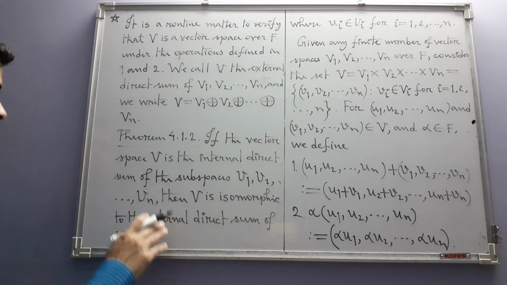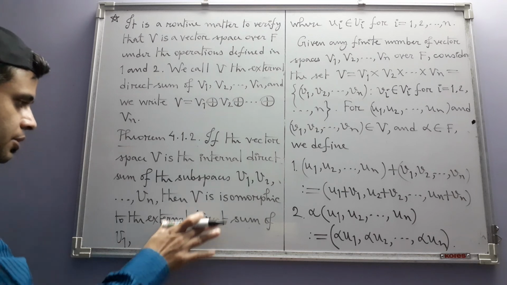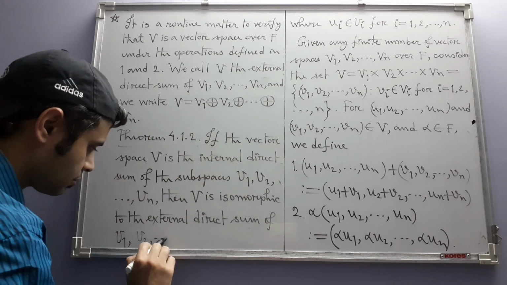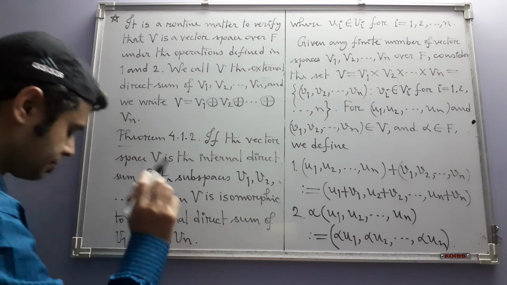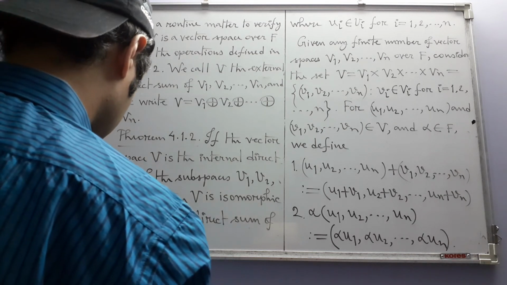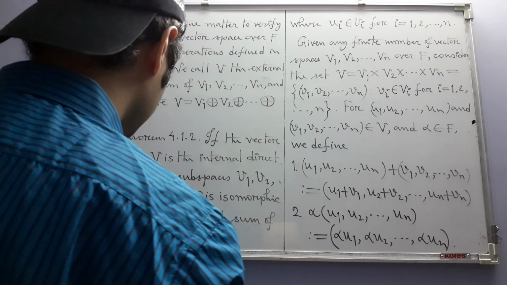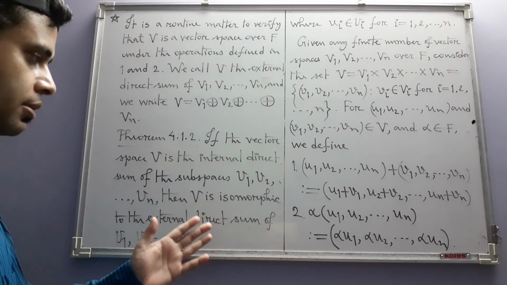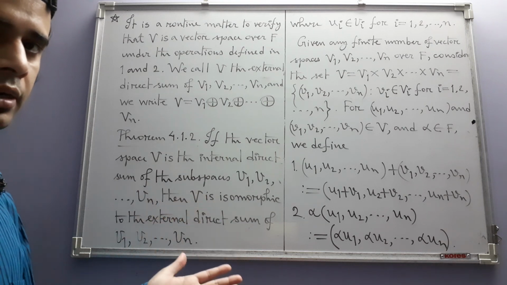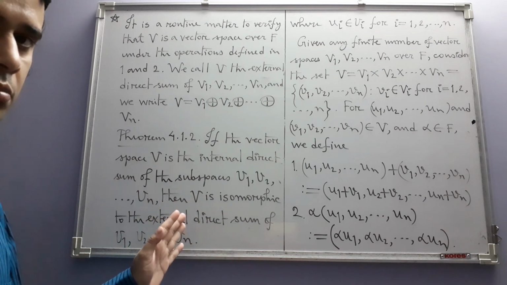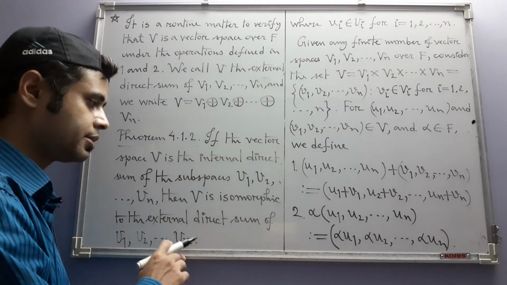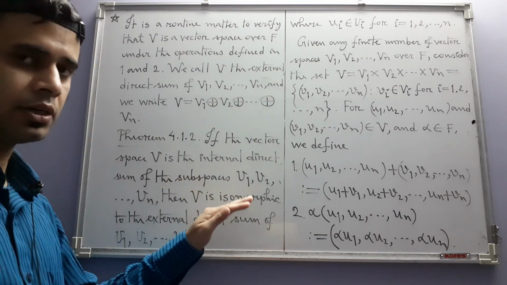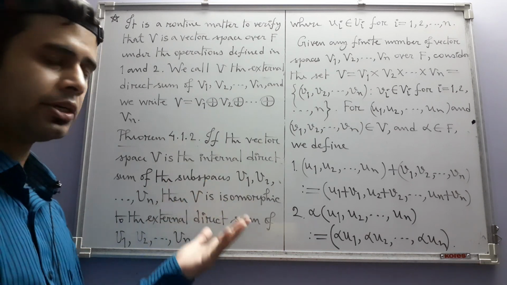This theorem says that the external direct sum is isomorphic to V. And once we prove this result, we will then not distinguish between internal and external. These adjectives will then be dropped. We will just simply say direct sum. But we will be able to do that only after proving this result, which we will do in the next